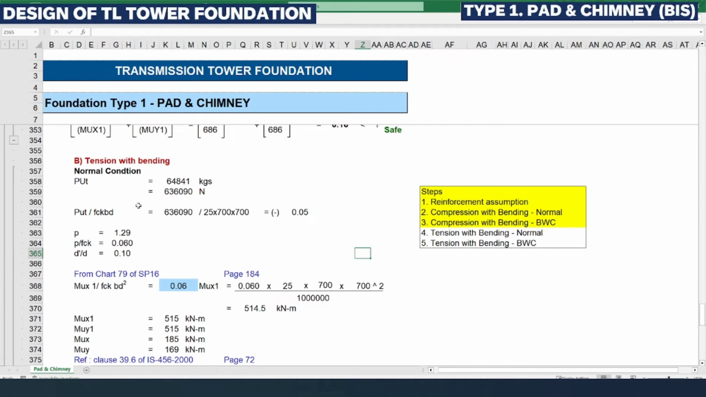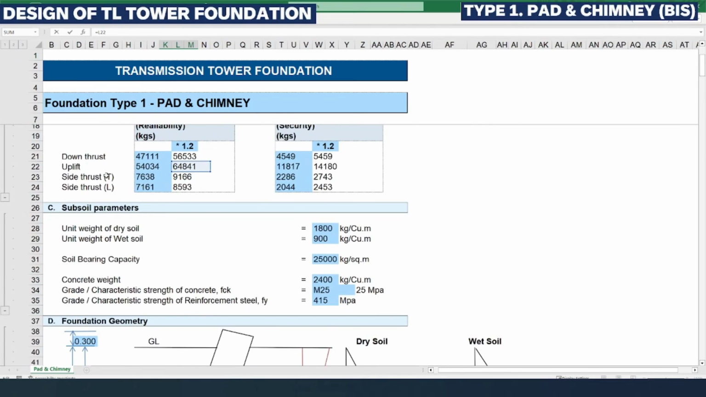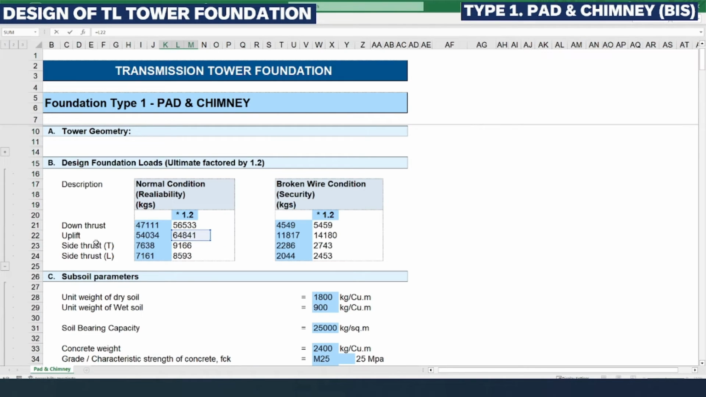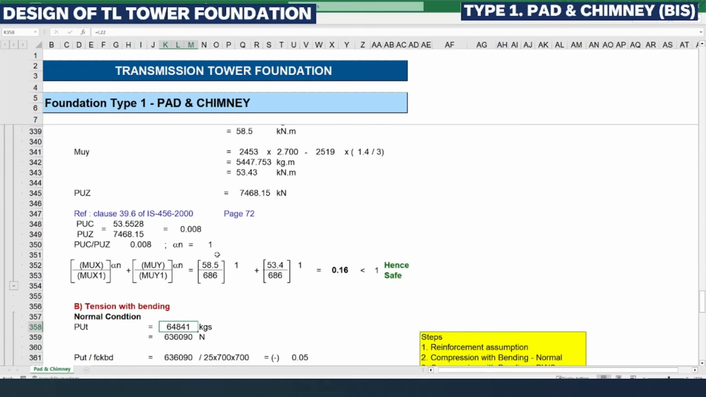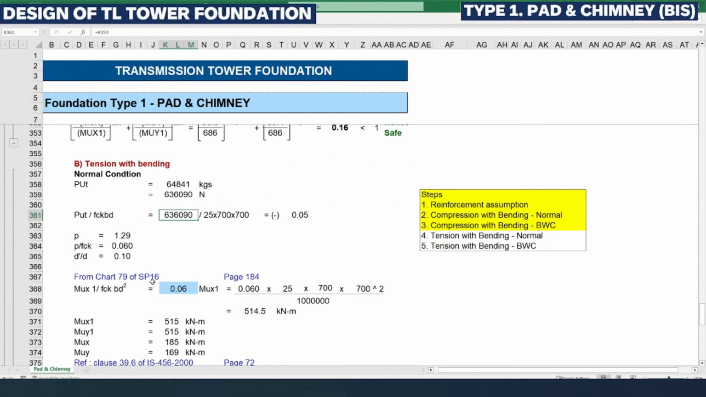So coming to the tension and bending, normal tension, first we need to find out the tension which is coming from the structure. That we already know, it is there in the design foundation loads tab. So uplift is 64,841, that we are converting into Newton, which is here we are multiplying with 9.81. So according to the requirement of the SP16, the chart 79, we need to find out these equations. PU divided by FCK BD. So we know that FCK is 25 megapascal and B and D are 700 mm respectively. So we are getting 0.05,